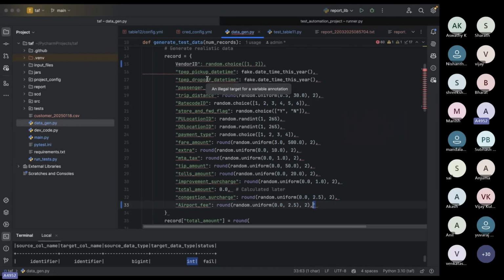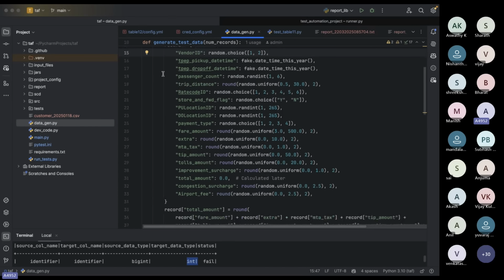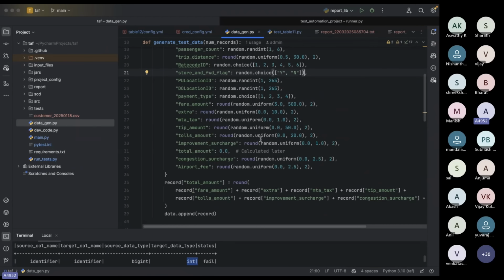So I'm generating test data here to do the validation of this trip data file. Same way we can create for other files as well, but it's a fully customized code where you can integrate before running your actual development ingestion pipeline, right? So we have to run the test data generation code, which will generate positive test data and negative test data, and then execute your ingestion code and then automation code.